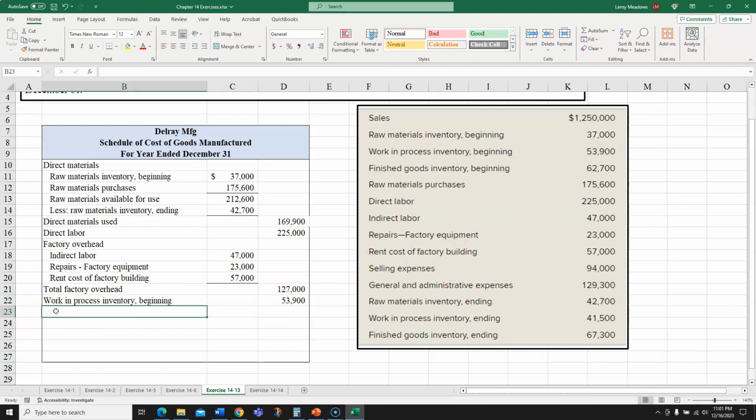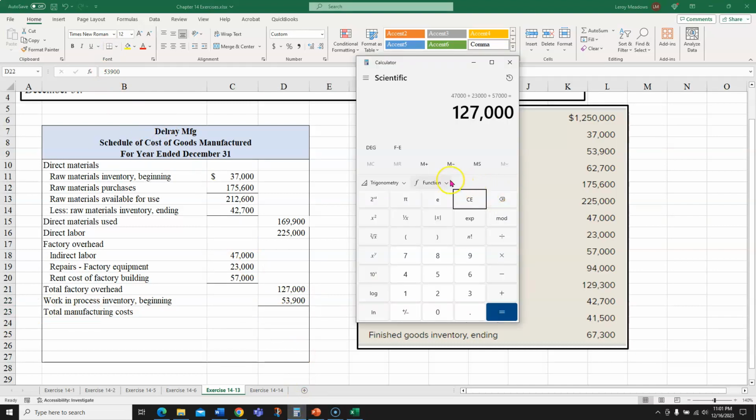So that'll give me total manufacturing costs incurred of how much? Well, let me take a look here. 127,000 plus 53,900. And that's going to give me a total of